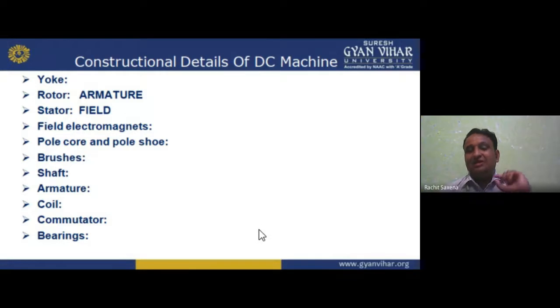I'm talking about the stationary part. And why am I taking the armature, my dear student? I want to rotate, give mechanical output, so I have the armature. And I have to cut the flux to induce an EMF. Because there are two types of EMF, static and dynamic. If I'm talking about static EMF, that means the flux varies by its own value and gives you output as EMF as per Faraday.